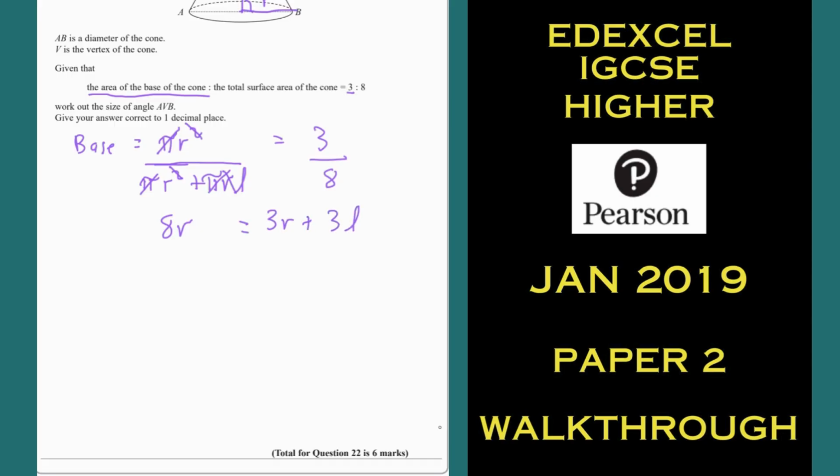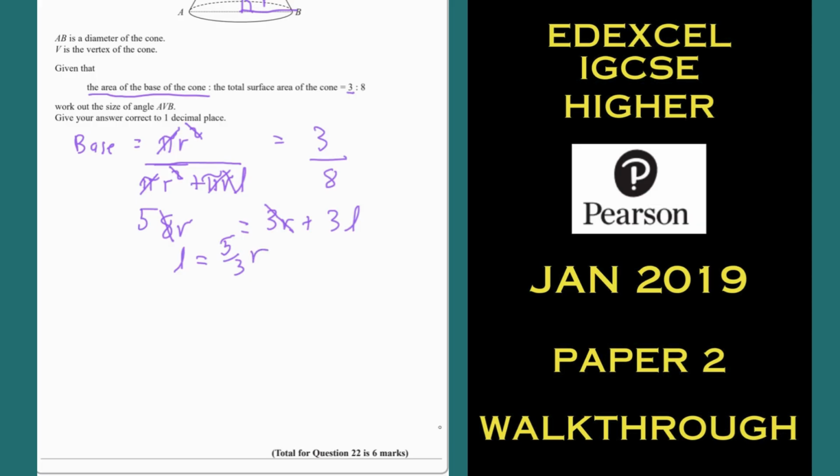It looks a hell of a lot simpler. Looks even more simple, and I'm going to cheat here, because I know I'm running out of room. Subtract 3r from both sides. And you've now got an equation linking the radius to the length of the slant. You can either write r equals or L equals, doesn't really matter. I'll go for L equals